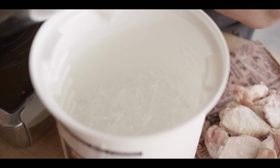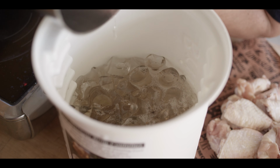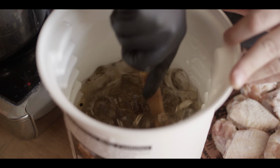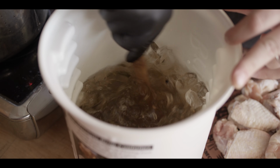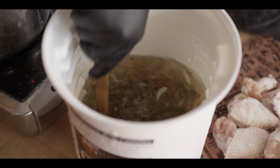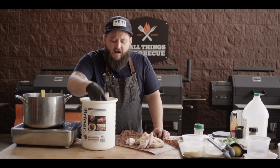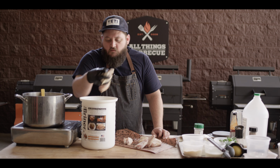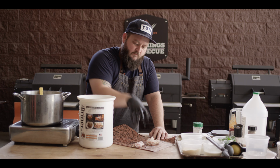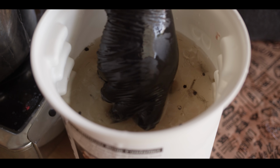Now we've let that dill and garlic soak in the brine. We're gonna pour that all over our ice and just stir this until that ice starts to melt, and most of it will melt down. Now once most of that ice has melted, you start adding your chicken wings in. Not all of the ice needs to be melted, but most of it should be. Then we'll lock our plate into place to keep the wings submerged and throw this in the refrigerator for at